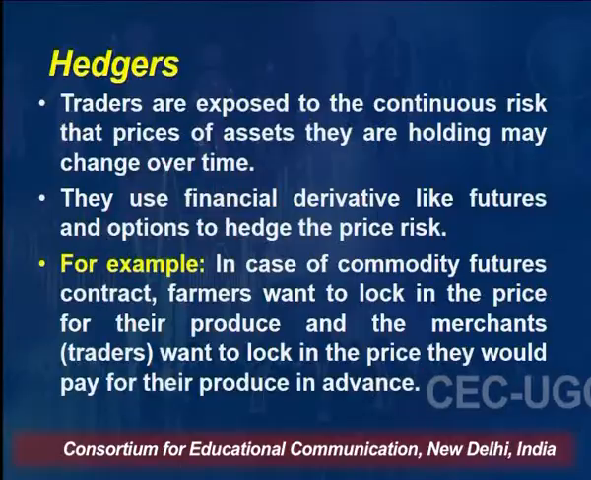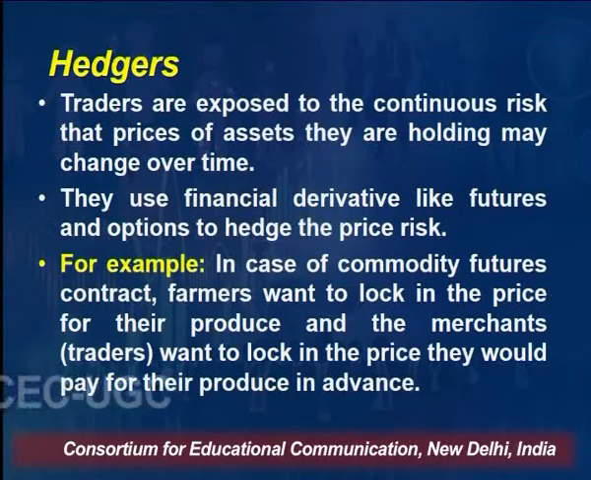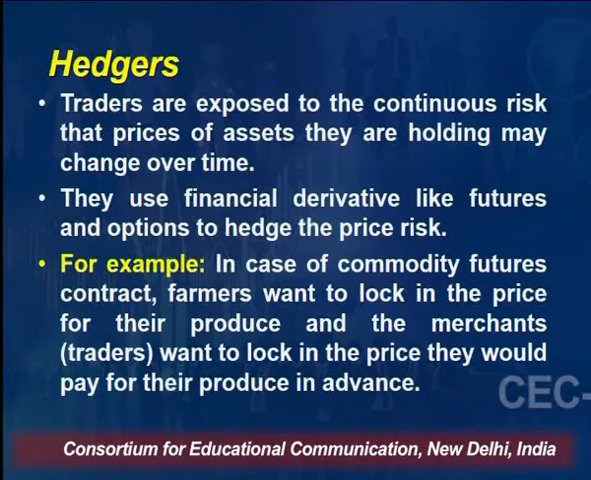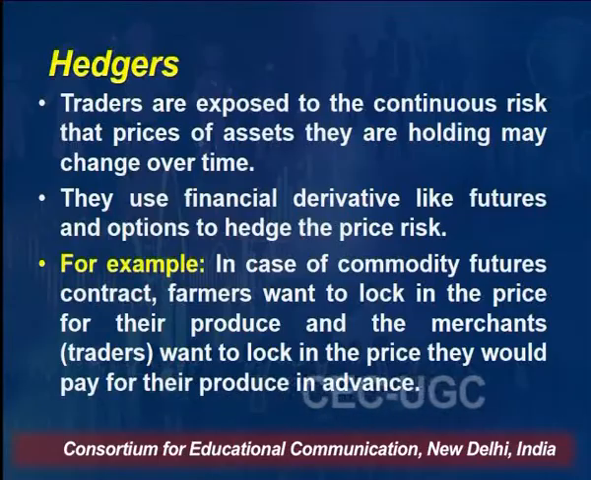See, traders are exposed to continuous risk that the price of assets they are holding may change over time. They use financial derivatives like futures and options to hedge the price risk. For example, in case of a commodity futures contract, farmers want to lock in the price for their produce and the merchant wants to lock in the price they would pay for their produce in advance. What it means is,